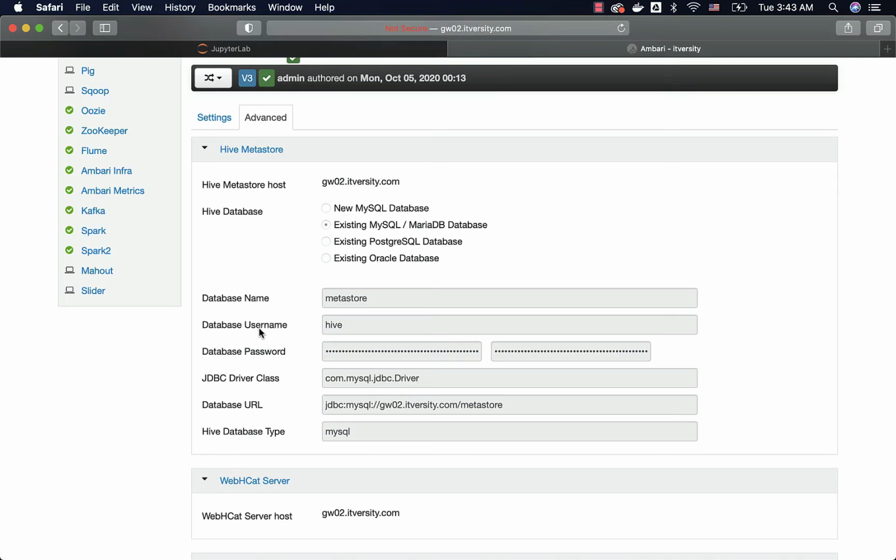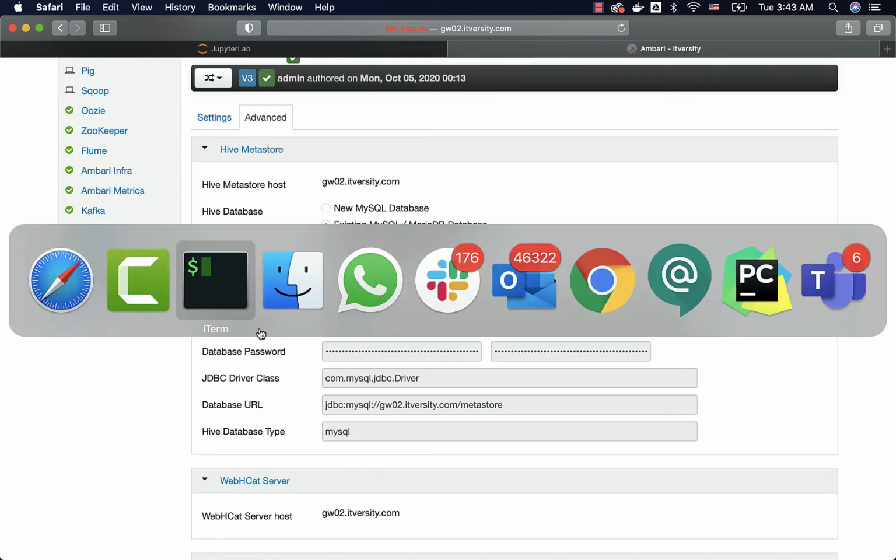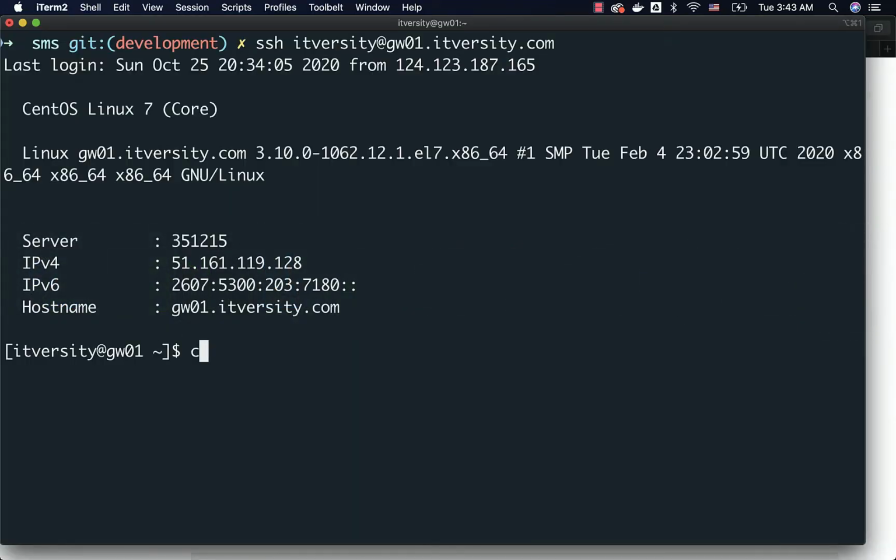That being said, we can also access this information from command line. For that, you have to connect to the gateway node of the cluster. Typically, the properties will be under /etc/hive/conf. In our case, Spark and Hive are tightly integrated, and hence Spark Metastore uses Hive Metastore. That's why we are going to /etc/hive/conf. In some cases, there might not be Hive, there might be only Spark. The location for the Hive Metastore can be different.